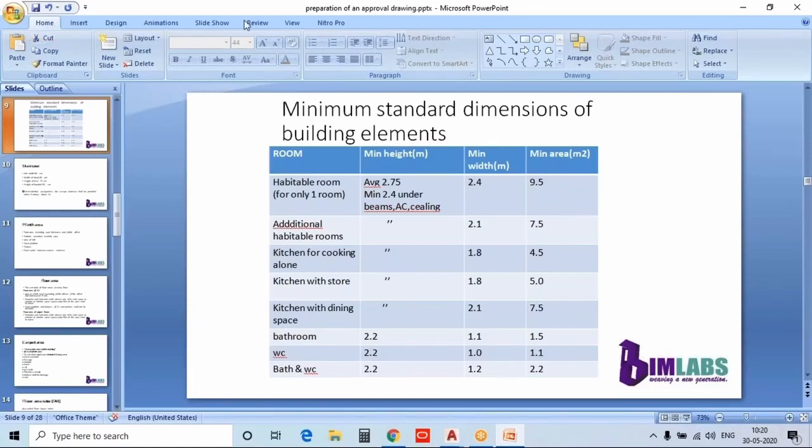And next, the kitchen with dining space. The height is the same as above, like an average of 2.75 meter and a minimum of 2.4 meter under beams, AC and